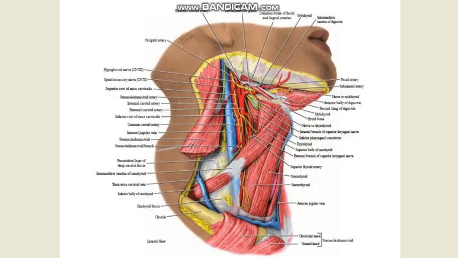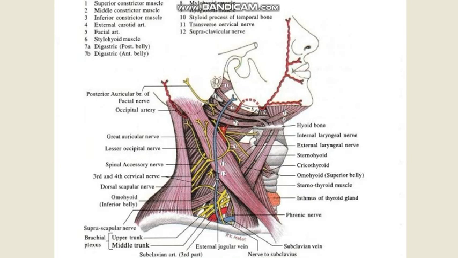So this is so much about the carotid triangle. Here you can see the carotid triangle. This is the carotid triangle between the digastric, omohyoid and the sternocleidomastoid. Again the common carotid artery, external and internal carotid artery, the hypoglossal nerve with the ansa cervicalis, and between and behind you can't see the vagus very clearly here. You can see the initial part of the spinal accessory nerve. This is the part over here. So this is so much for the carotid triangle.